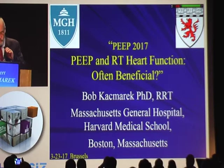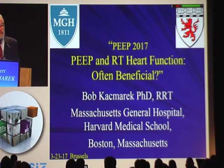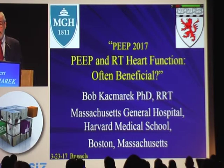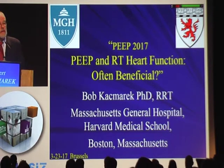So I'm going to focus my comments primarily on the effect of PEEP on right ventricular function. Obviously, as has been stated by other speakers, some patients will benefit from PEEP, some patients won't. But clearly, there are patients in whom the application of PEEP appropriately can and does improve right ventricular function. So I will discuss some of the literature that's been published primarily in the cardiac surgical literature, looking at the